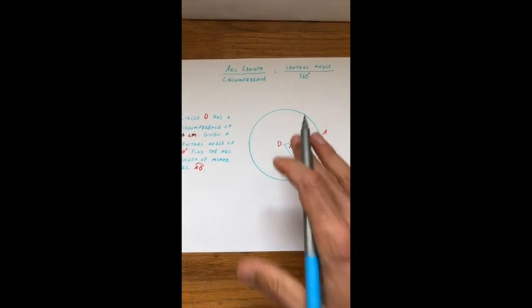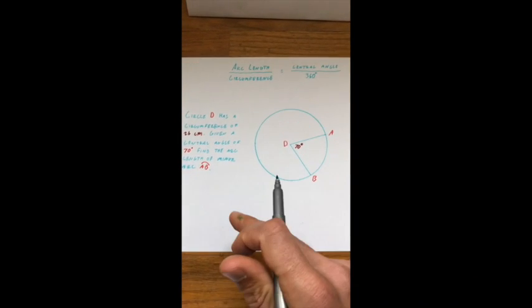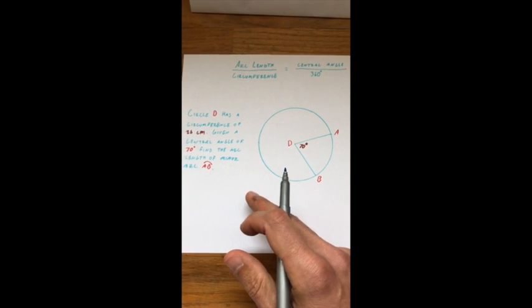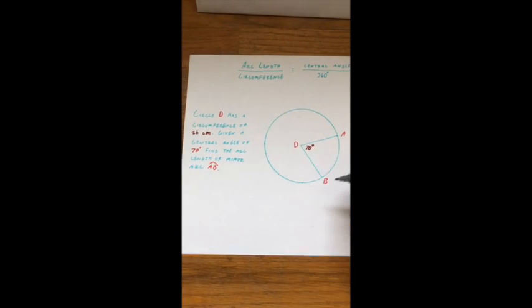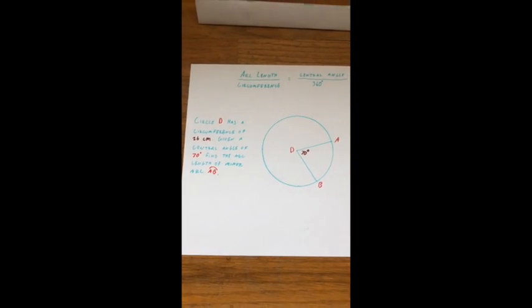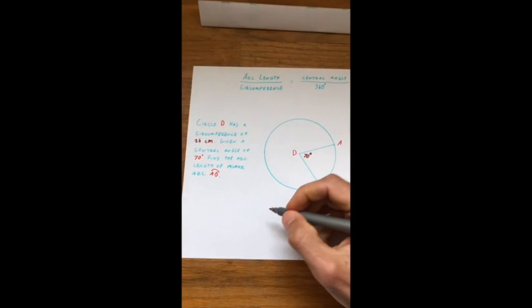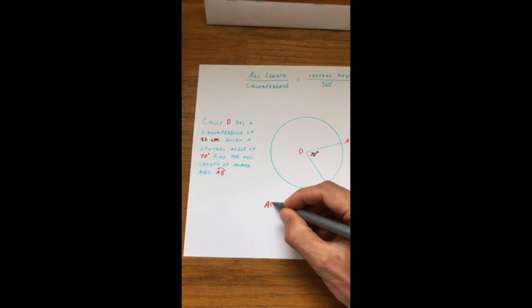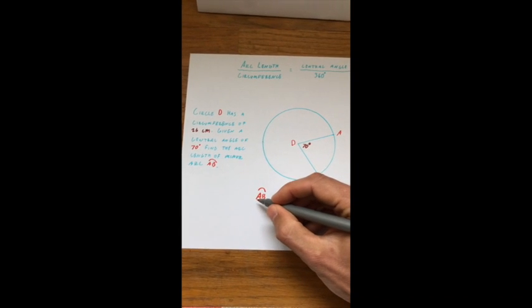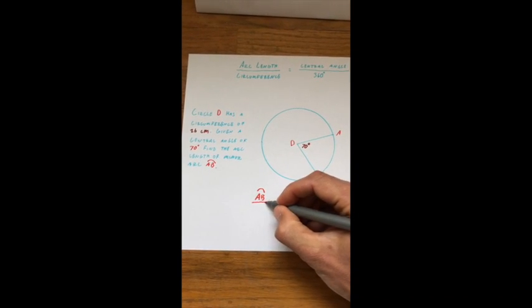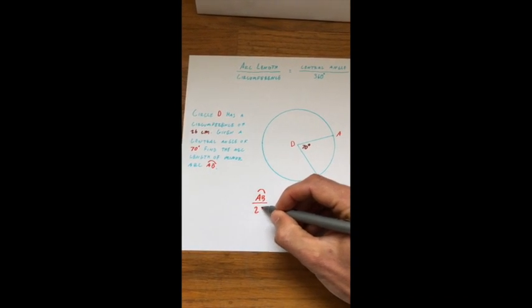And so it's just setting up a proportion. In this case, the arc length is something we don't know. So we'll put arc AB divided by the circumference, which we know is 26,